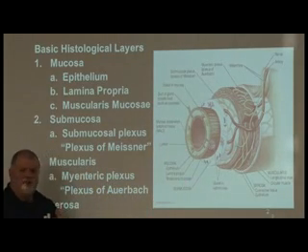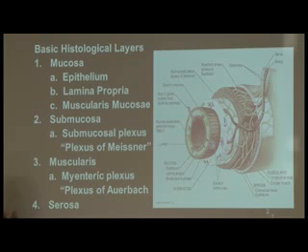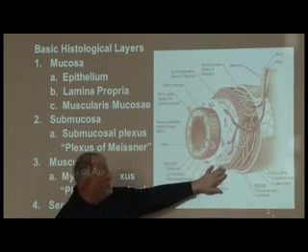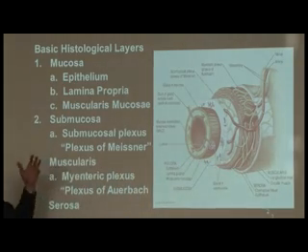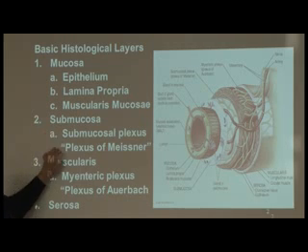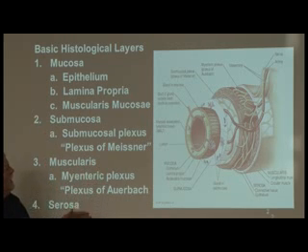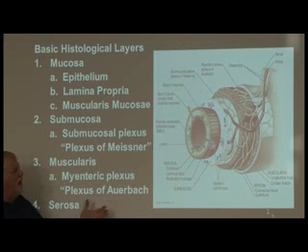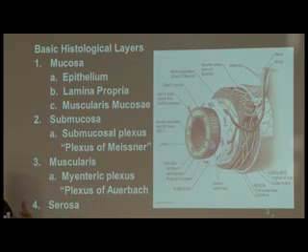It's within the epithelium that we have specialized cells that we call enteroendocrine cells, which are the hormone component to homeostasis. As we go outward from the mucosa to the submucosa and the muscularis, remember that when we looked at it in lab, within the submucosa we have the submucosal plexus, or the plexus of Meissner's, and in the muscularis layer we have the myenteric plexus, the plexus of Auerbach. These two plexuses are the autonomic nervous system's control of